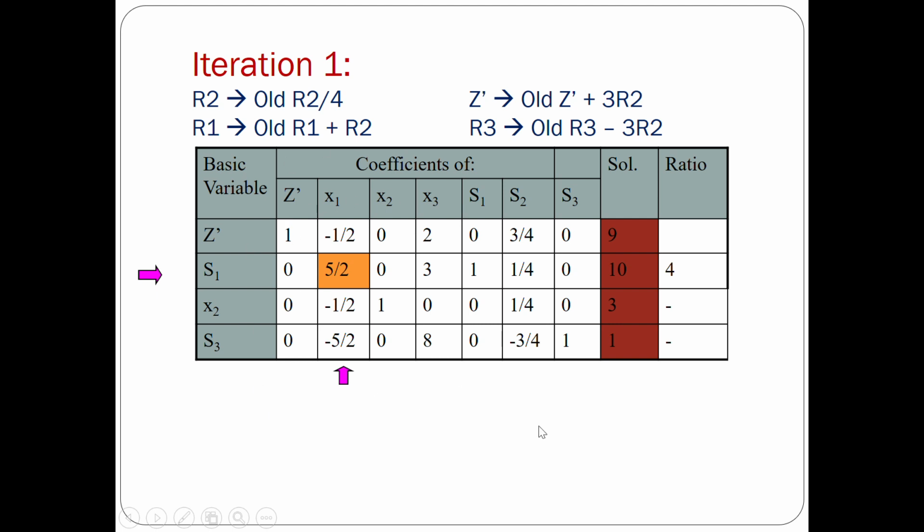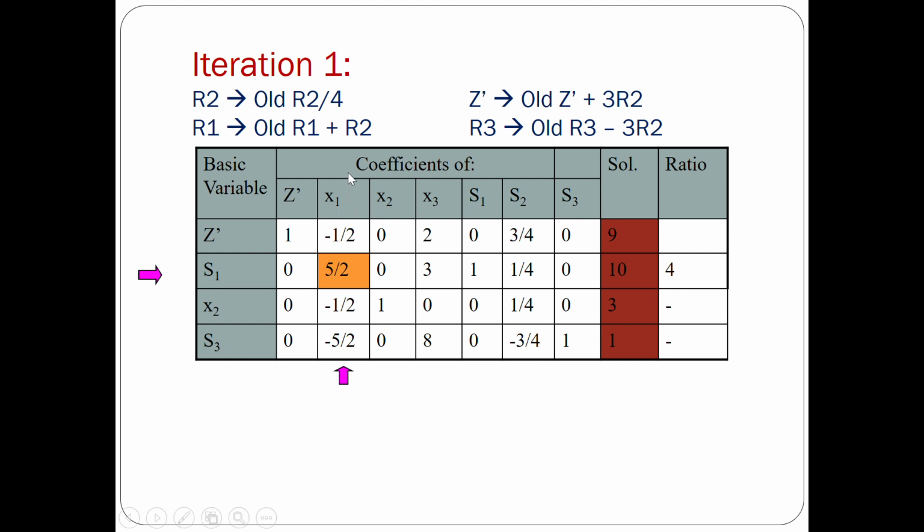After performing all these things, we will be getting the values here. Then we have to check whether the optimality condition is reached or not. How we can do this is, we have to check the z function row. If there is a negative element, that means the optimality condition is not reached. So we have to perform one more iteration. If you have any confusion while calculating or while fixing this row operation, just go back to the previous video and learn it once and then come to this. It will be very clear for you.